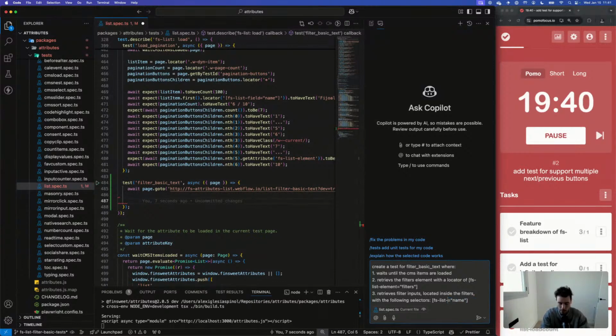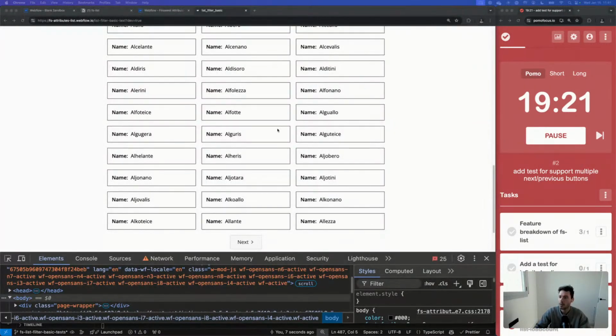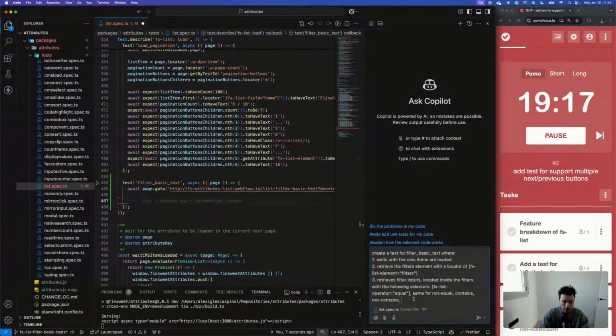Actually, we can simply do operator that it's equal or not equal, contains, not contains. Which was the other one? Equal, not equal, contains, not contains, and fuzzy.